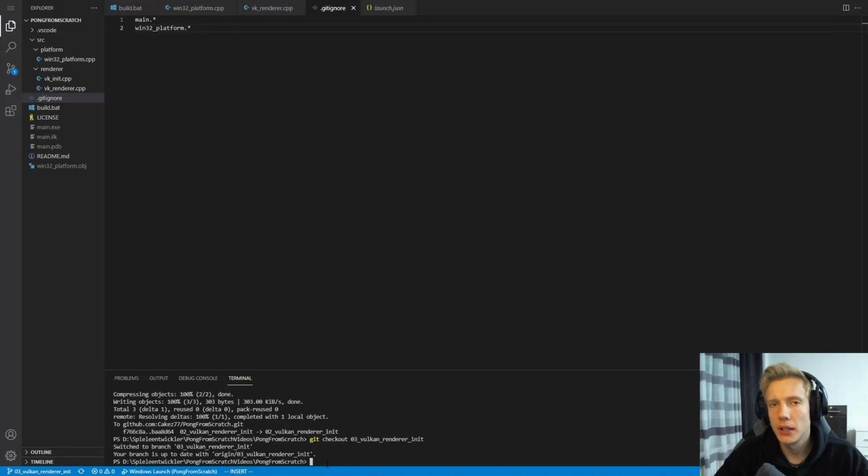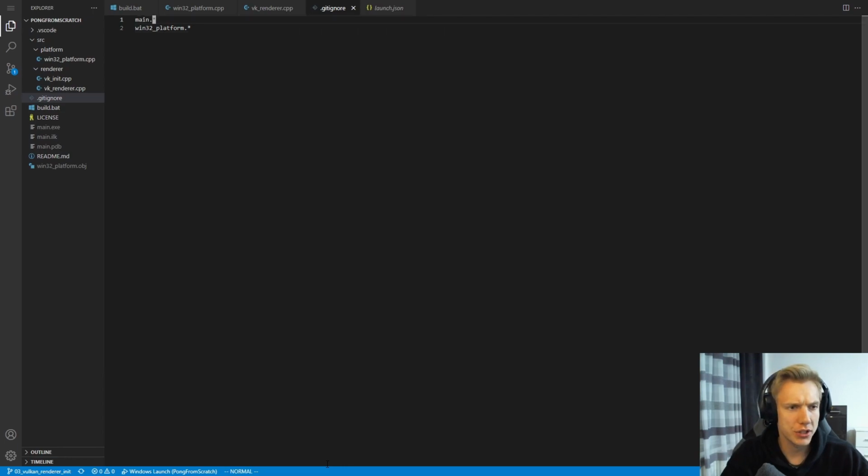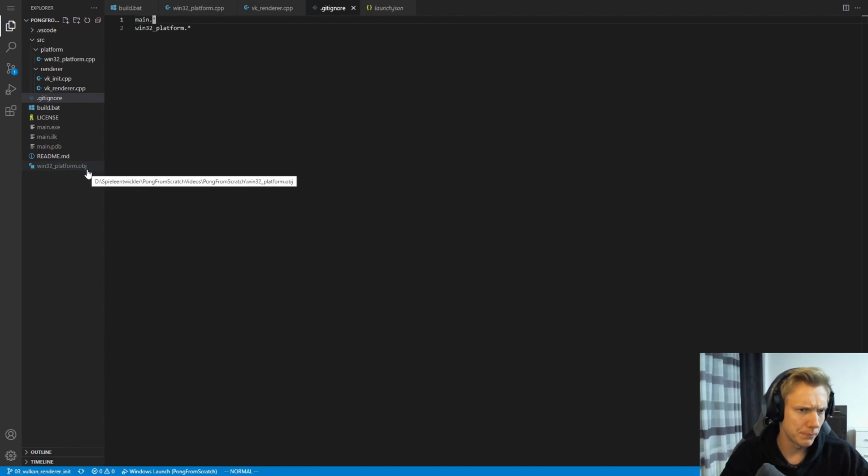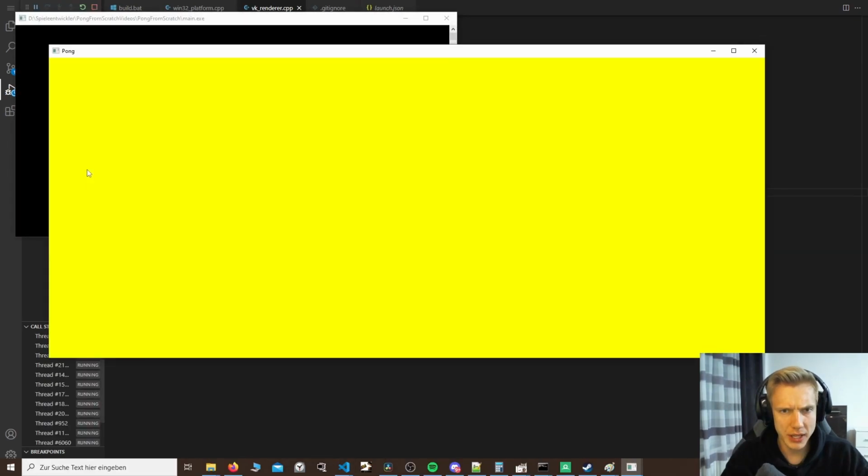Yo. If you want to follow along with this tutorial, you need to be on the branch all3 Vulkan Renderer init. Just a small disclaimer, I added a gitignore to every branch because I felt that the main exe, elk, pdb and win platform obj files were cluttering the repository, and so I thought I would remove them. Okay, so last time we managed to get a window on screen and clear the color to yellow, but